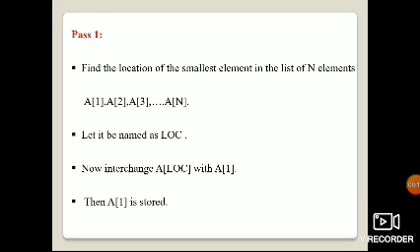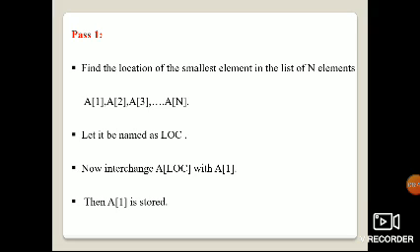Now interchange A of loc with A of 1, because I took the index as 1. First we find the location where the smallest element is, and then exchange it with A of 1.